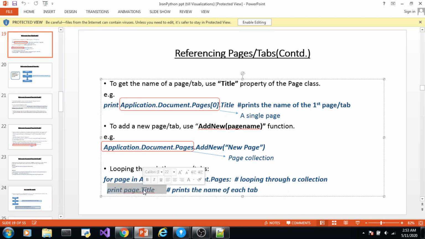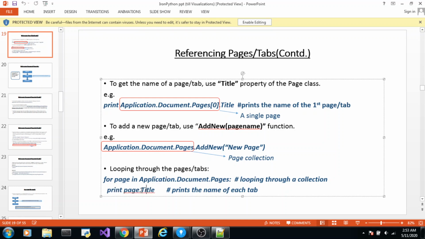So when you access the properties here, it should be of page class type, not page collection. For every run, this is returning a collection of pages, no doubt. But for every run of the loop, page is pointing to one single page. So when you try to access any method or property here, you should bear in mind that it is of page class.